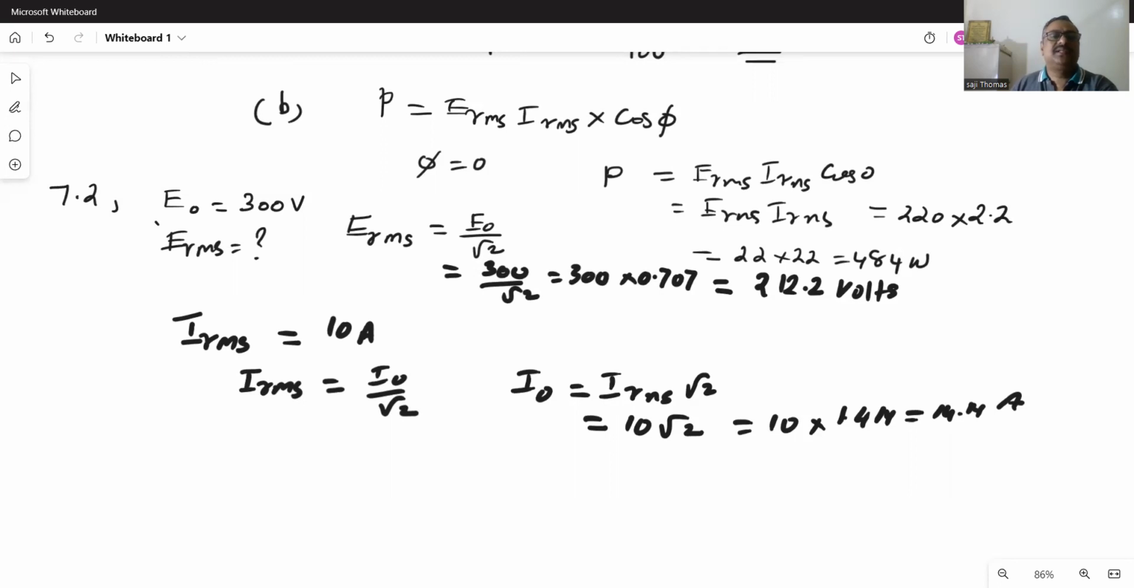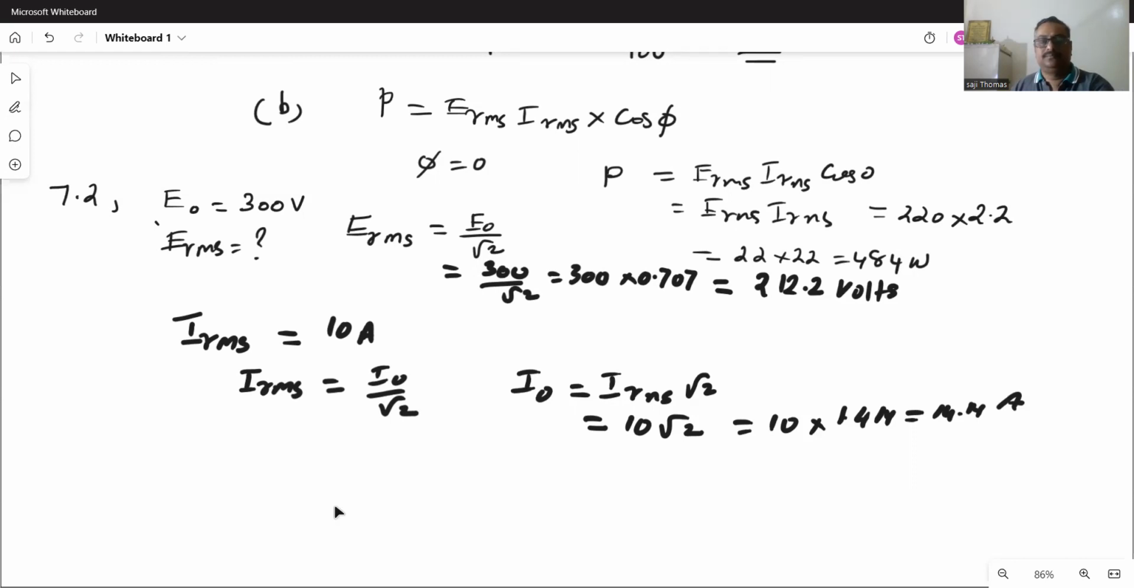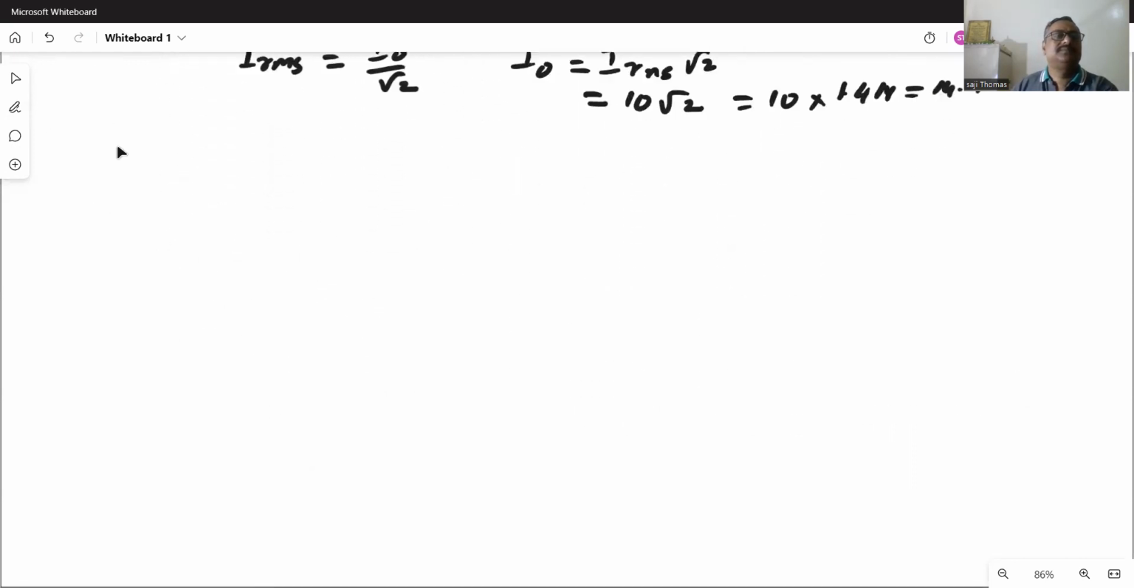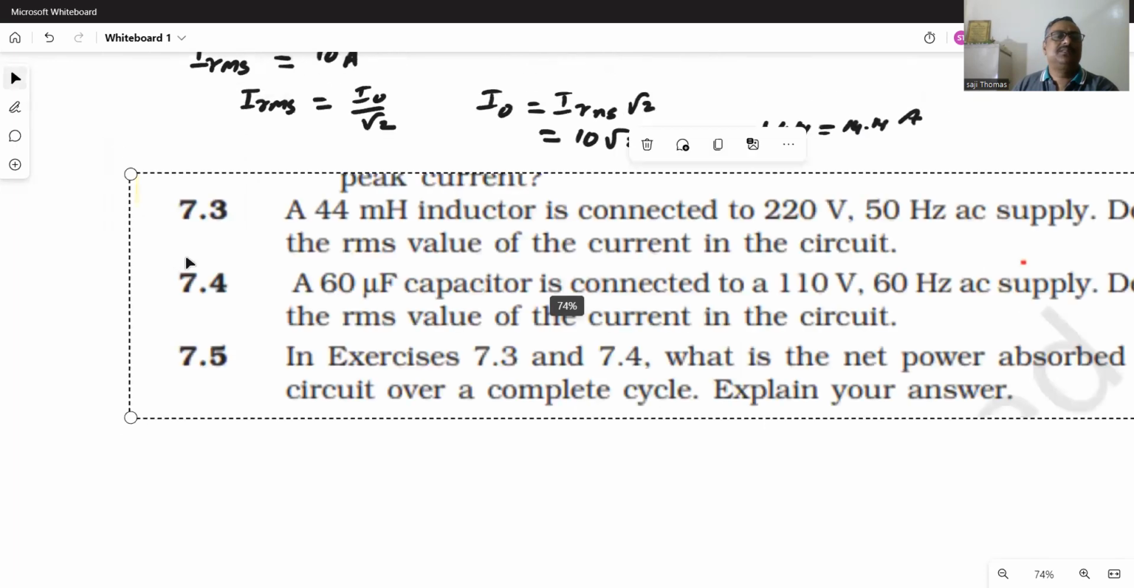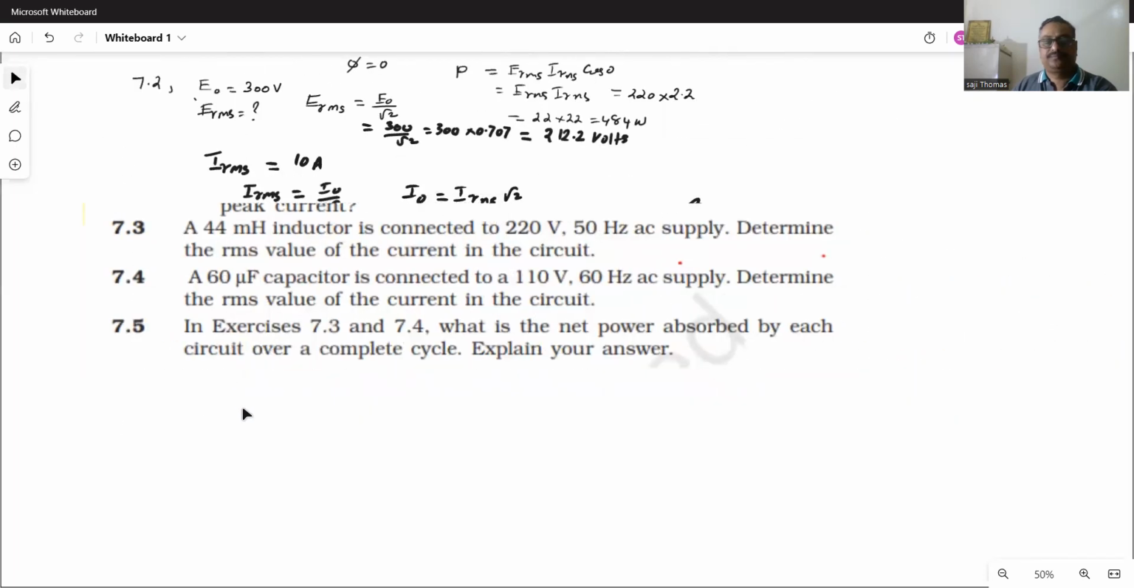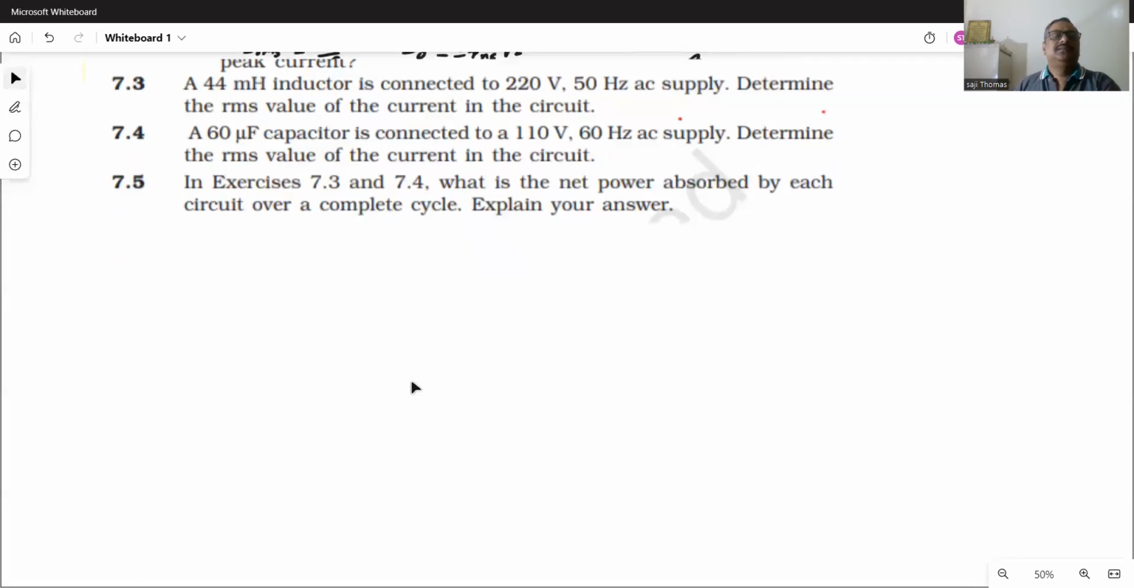Now we can do the next question, 7.3. Question number 7.3. See, read the question 7.3. A 44 millihenry inductor is connected to 220 volt 50 hertz AC supply. So inductor,